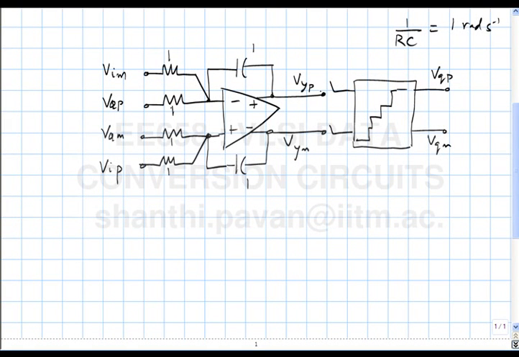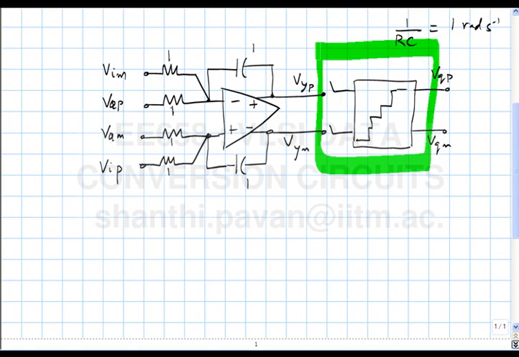Now, what all practical issues do you think can occur with the circuit? Of course, one could be the quantizer is not working properly, but by now you know how to design the quantizer and make it work. All right. Okay. So this is a done deal. That's the assumption. The next thing is that, apart from the quantizer, there is basically the resistors, the capacitors, and the op-amp. One thing we have to see is what happens if the op-amp is